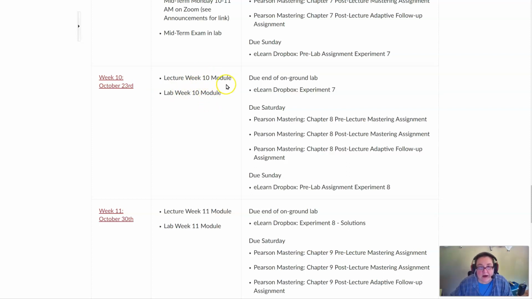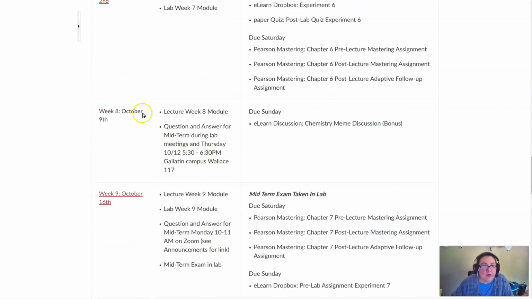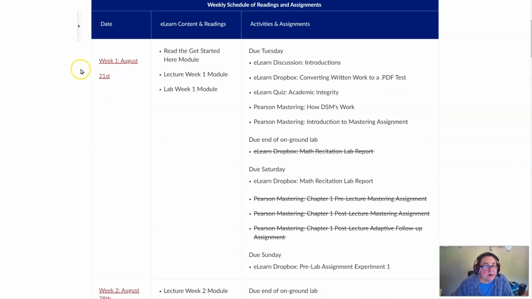We're doing module 10 in lecture and a lab assignment. Our chapter is chapter 8, the next chapter. You will be doing a lab this week, experiment 7, and you will have a pre-lab due next week. So pretty typical week. Let's come up here to our content